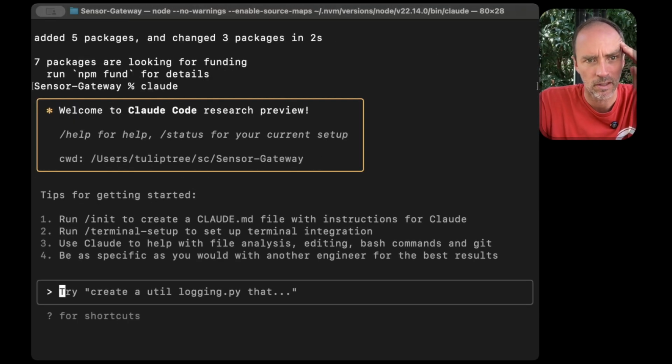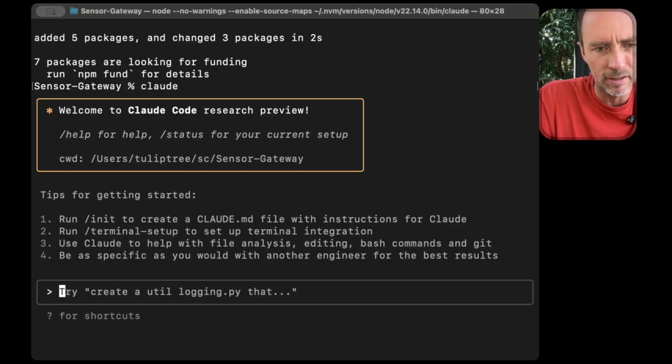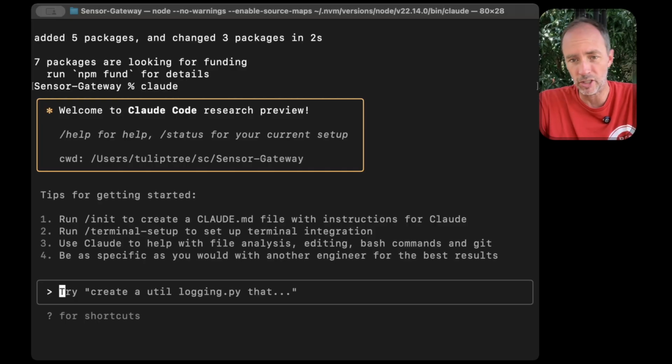Here we go. Welcome. Thank you. I've already logged in to my Anthropic account, so when you do that, it pops up on a page, and you set up API keys and stuff. So let's see. Init to create a Claude MD. Use Claude to help with file analysis, editing, bash commands, and Git. Be specific as you would want with another engineer for best results. All right, so